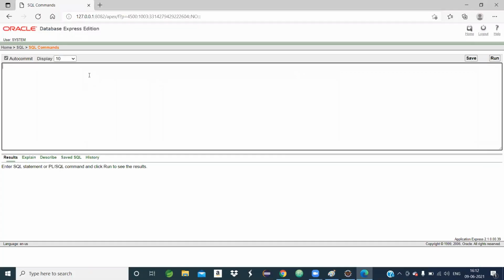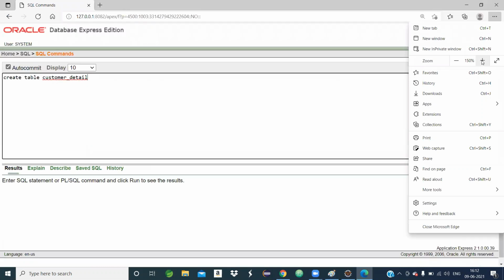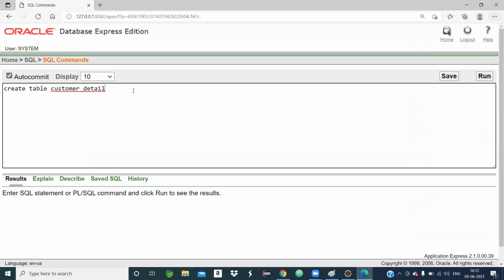So I will create a table. Create table, let the table name be customer_detail. We know that every table is defined by taking some attributes, meaning some columns.